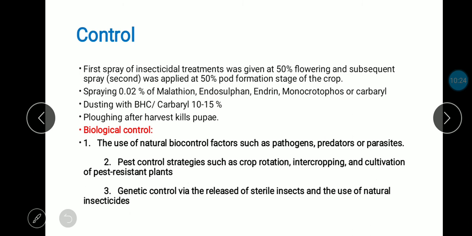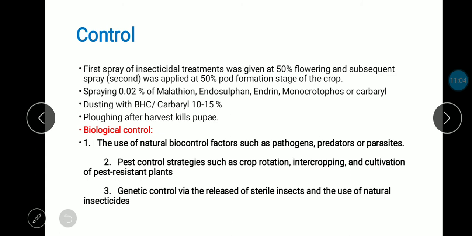The second is pest control strategies such as crop rotation, intercropping and cultivation of pest resistant plants. It is also helpful for minimization of numbers by crop rotation and ploughing, and minimization of this crop pest by cultivation of pest resistant plants. The last one is genetic control via the release of sterile insects and use